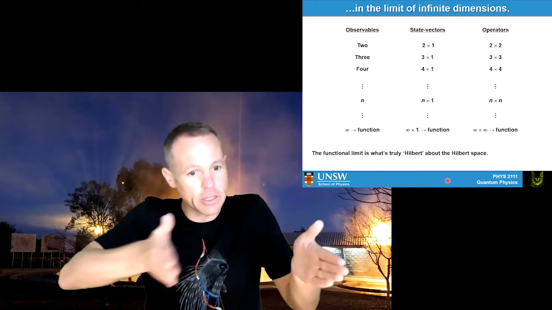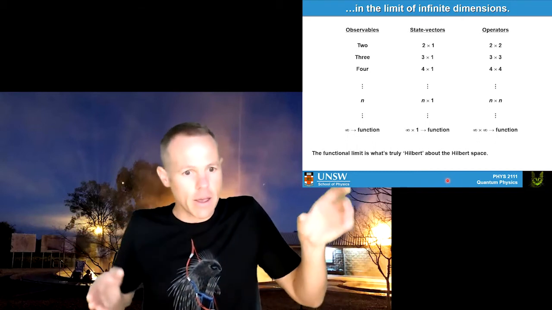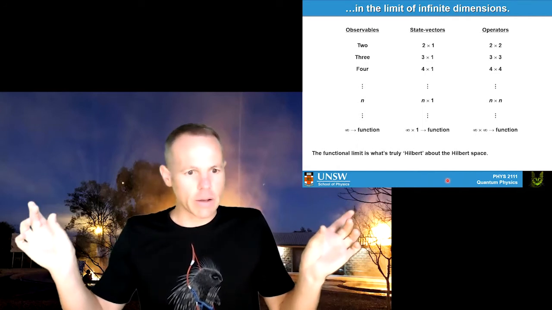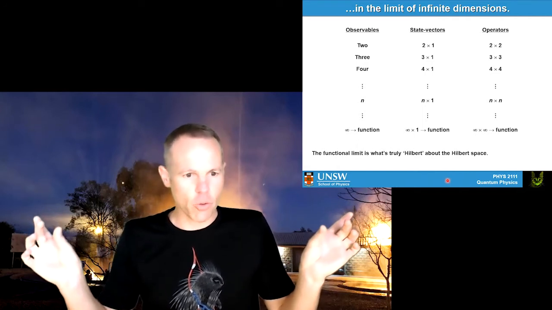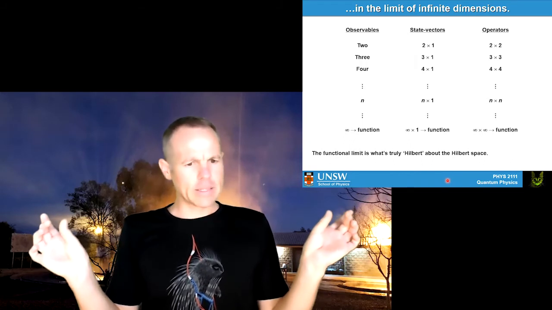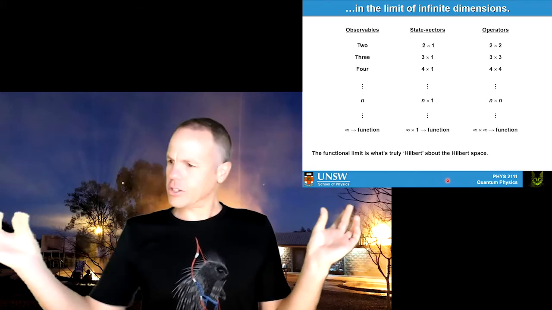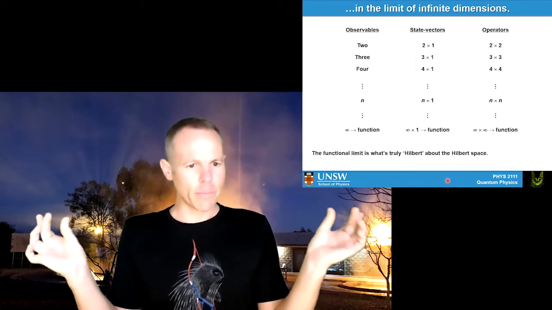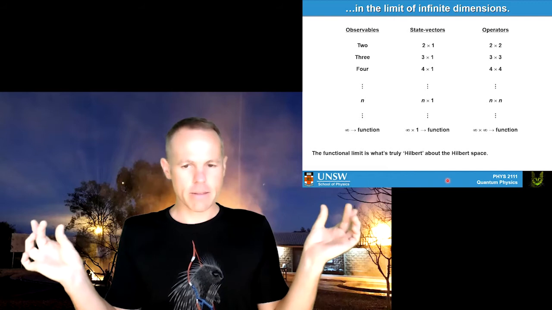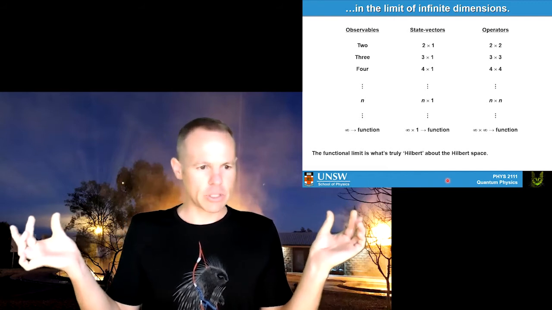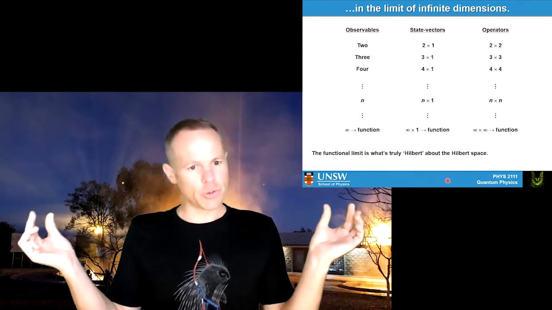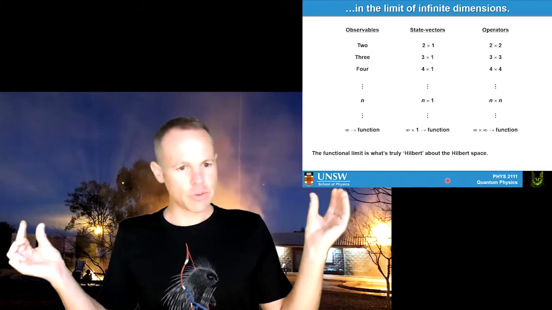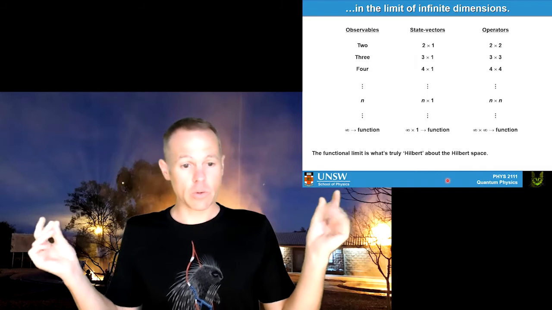And if you follow this idea, you realize that the matrix version of quantum mechanics and the Schrodinger wave function version of quantum mechanics are one and the same thing, just in opposite extremes of the limiting number of observables you have in the system, right? The matrix mechanics version that we see with spin is just, we've got two observables. And for the functional version where we've got wave functions, we've essentially got an infinite number of observables.